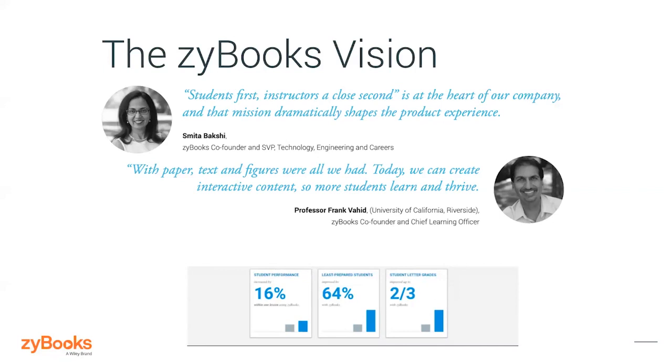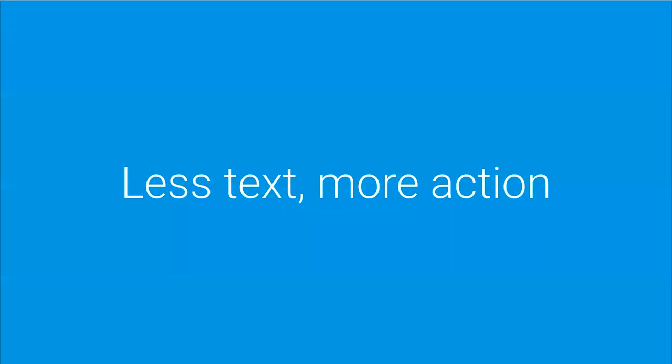In 2012, he got together with Smita. They created the first Zybook, and now we have about 55 products in our catalog. So we've really grown, and mobile app development with Kotlin is one of our newest products. We're going to talk about Java and Kotlin today, but we're growing pretty quickly, and that's one of our new ones. The Zybooks philosophy is less text, more action. Instead of giving students walls and walls of text to read, we give them small paragraphs to read with a ton of interactivities, animations, and learning questions, and we're going to get into that in a minute.